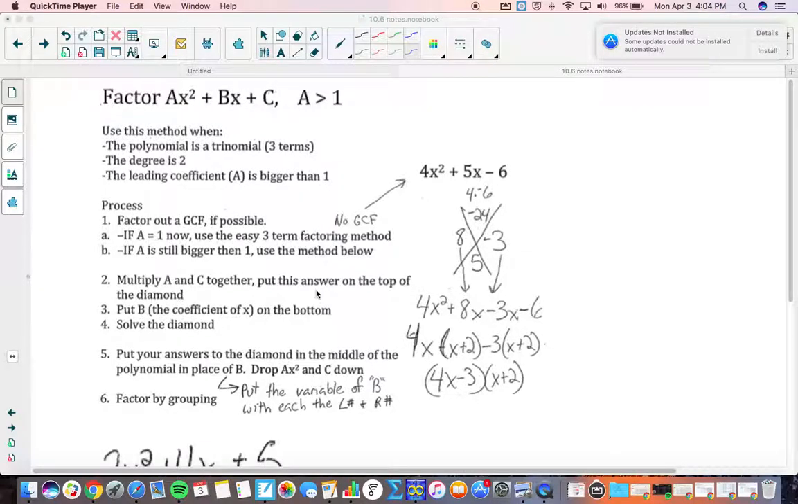Hey, here's what we're looking at today. Today we're looking at factoring trinomials with leading degree 2. Wait, didn't we do that yesterday? No, except for now our coefficient of the x squared term, or a value here, is going to be bigger